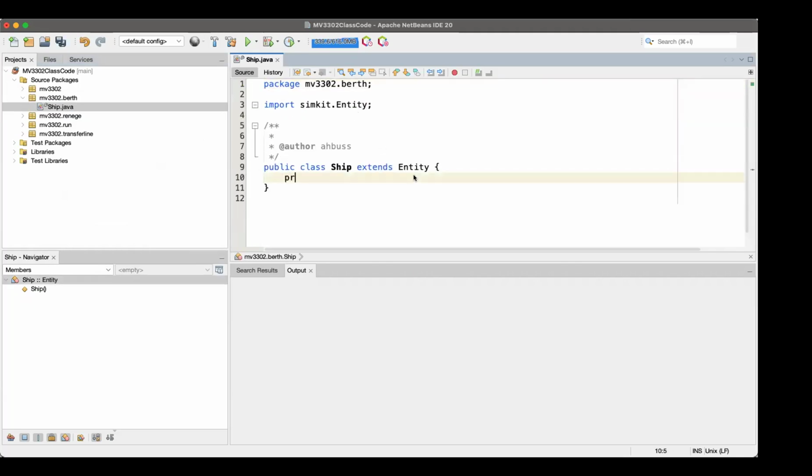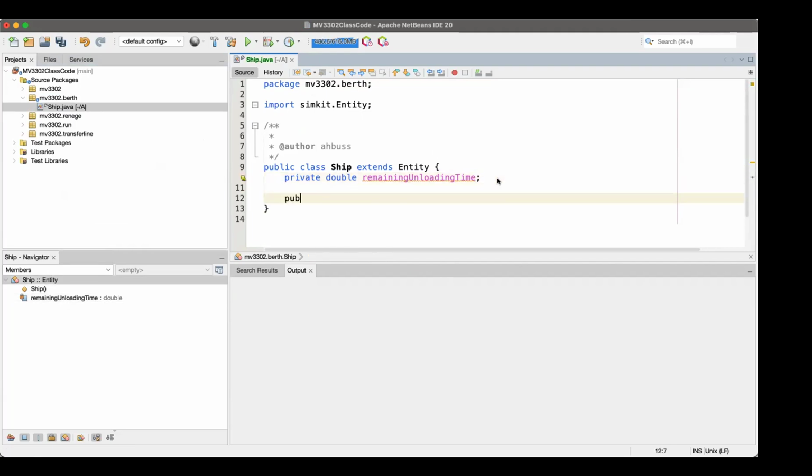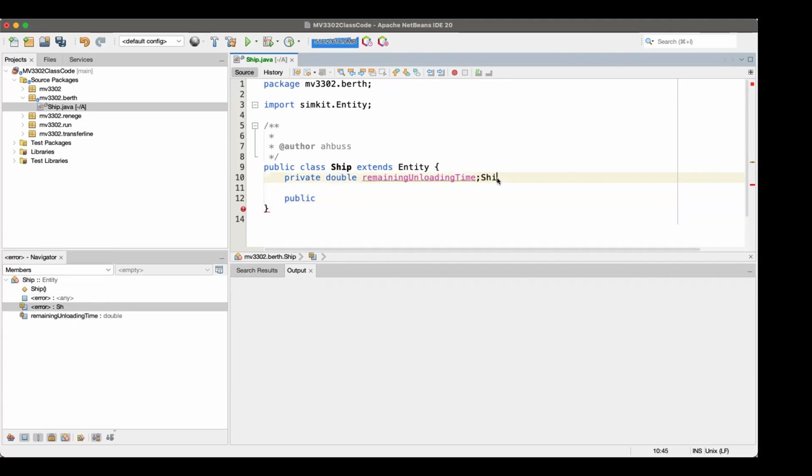And now with the entities, unlike the event graphs, which are basically mathematical constructs, the variables on those are like single, double letters, whatever. But for programming, you don't want to do that. You want to have